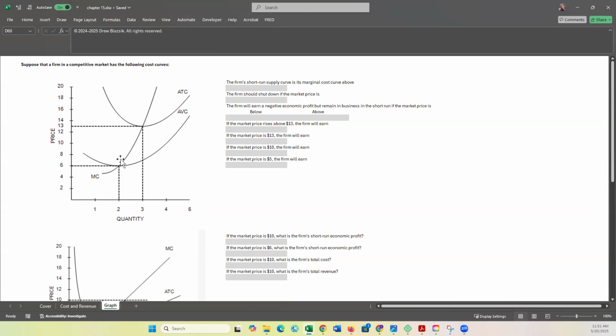Look what's going on here. Marginal is going up and up, and the average total cost is going down and down. It's at a minimum. And now the additional cost for an additional unit costs more than the average. Now the average is going up. All right, let's look at this. The firm short run supply curve is its marginal cost curve above